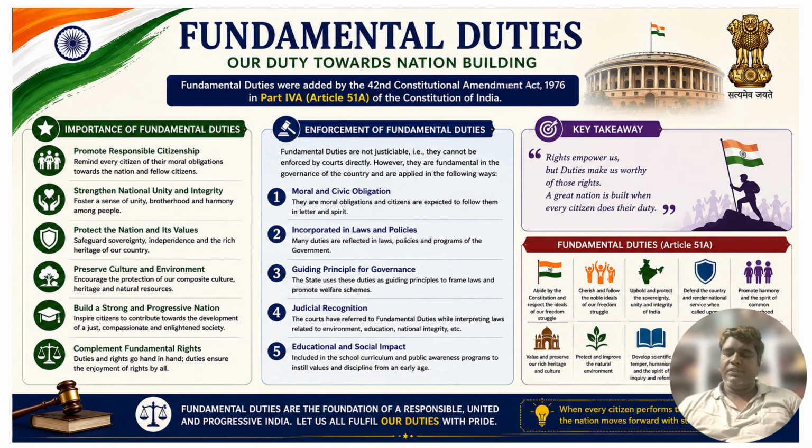A simple life example: the Constitution recognizes the right to education for children between 6 and 14 years. At the same time, directive principles provide broader guidance for education and welfare, and fundamental duties remind parents or guardians to provide opportunities of education to children in this age group. So we can see rights plus state responsibility and citizen responsibility work together.